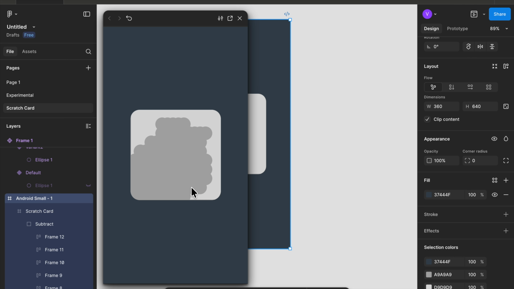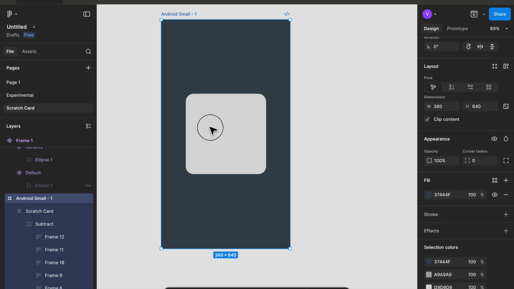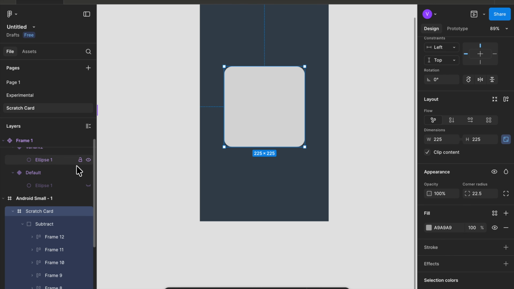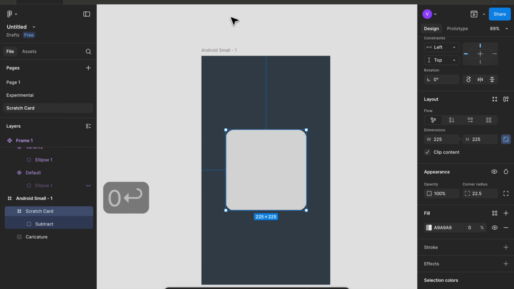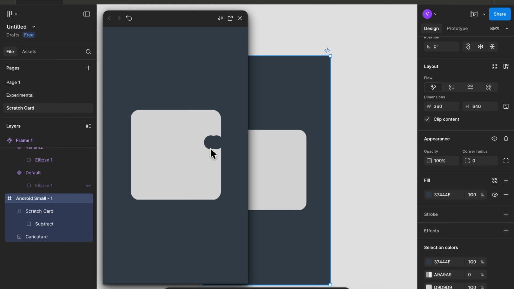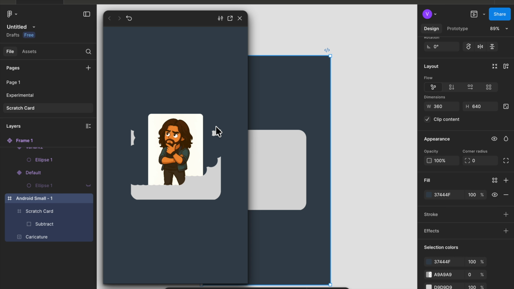See, you can see that there is this particular effect. However, there is a problem that you can't see what is happening below this. So for that, I will go here in the scratch card and make the fill opacity 0, and now if I do this, yo, you got this effect, guys. You got the scratch card animation. See,